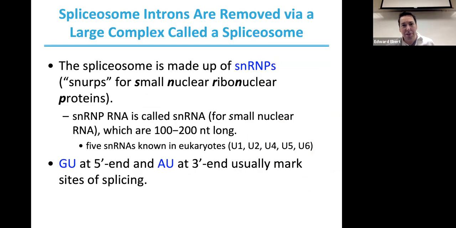Spliceosomes have this huge super complex made up of SNRPs, or Smurfs because they're blue. Okay, no, SNRPs, small nuclear ribonuclear proteins. I mean, how many times can we put nuclear in here? We can have fun with this. It's small nuclear ribonuclear proteins. Anyway, our SNRPs,